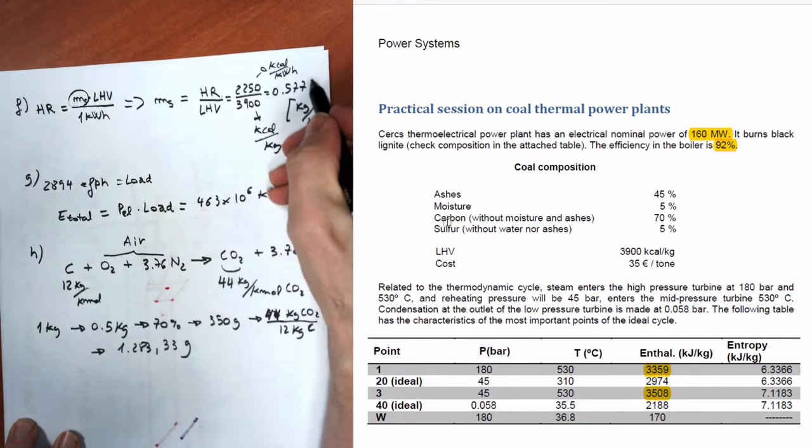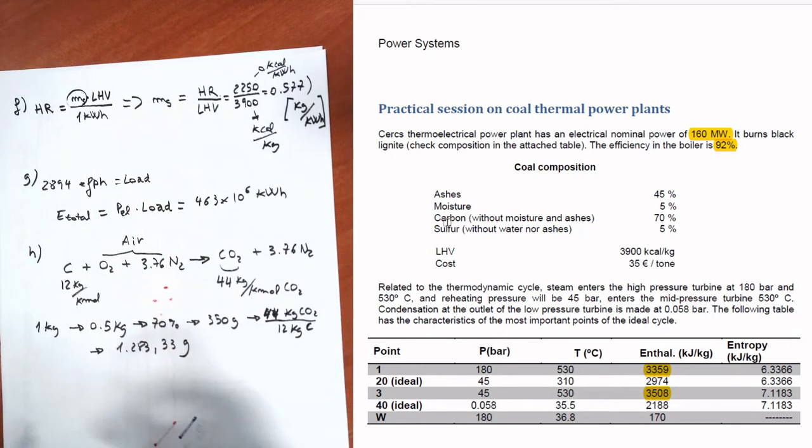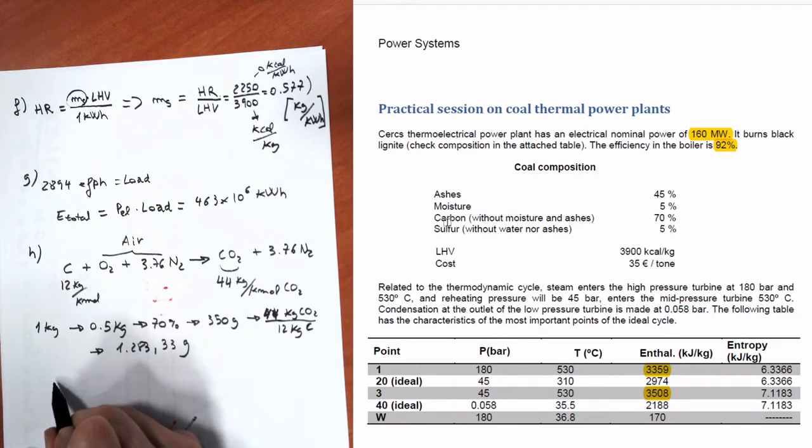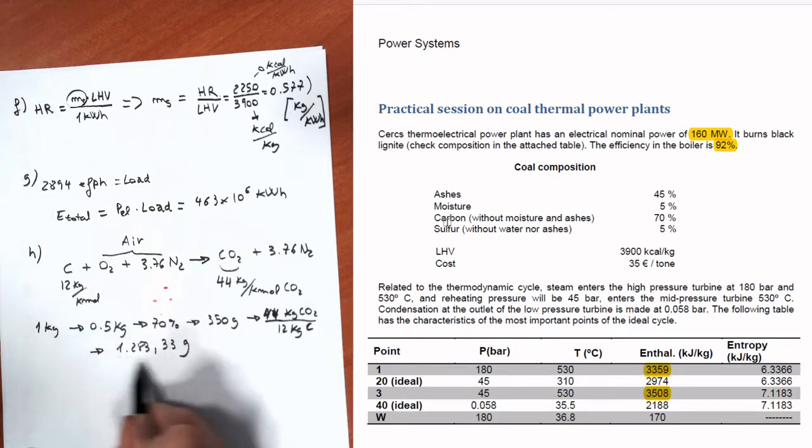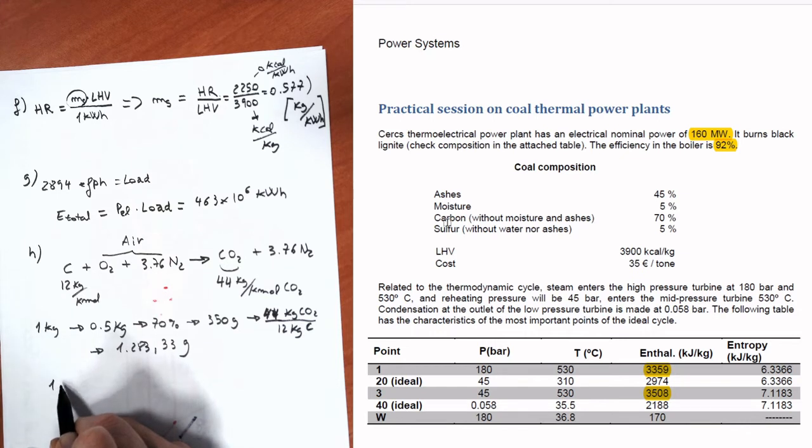Yeah, here. Okay, we know that for each kilo, we have this value: 1.283 kilos of CO2 per 1 kilo of coal,